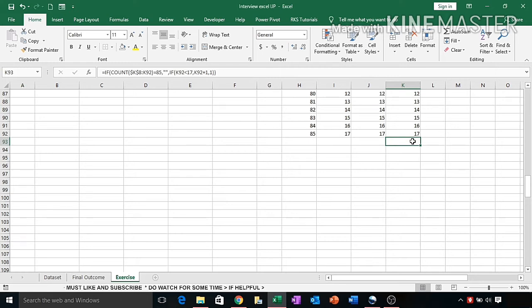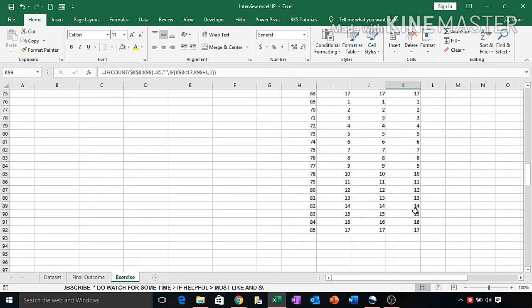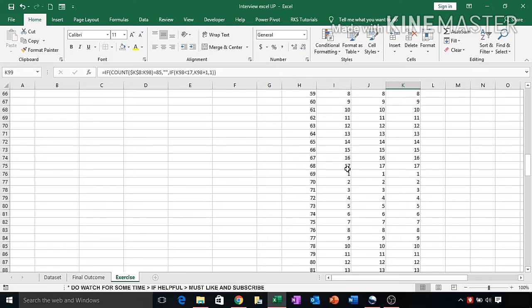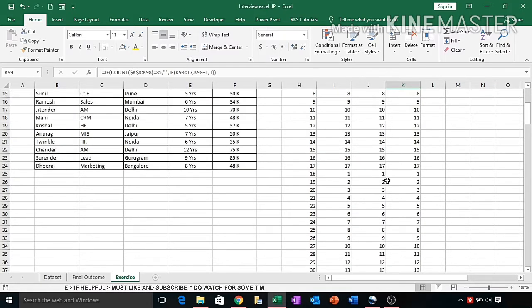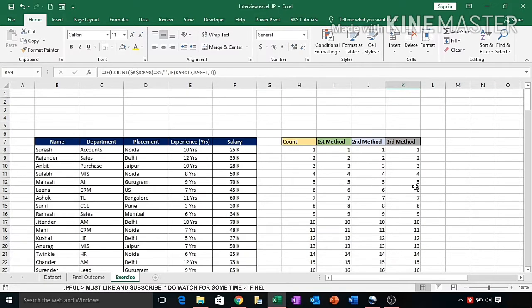After that it gives blank cells. All the formulas are here, and if you check the number 17, 17 in 3, it means all three methods have given the same result. So this is just for practice purposes. You can use any of the methods.